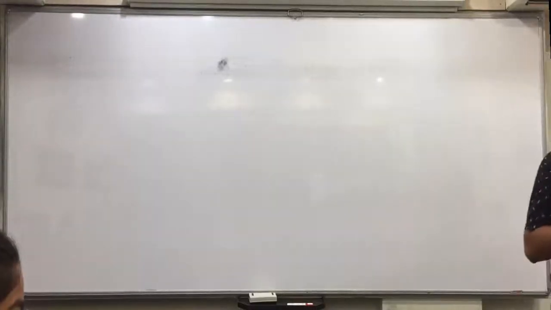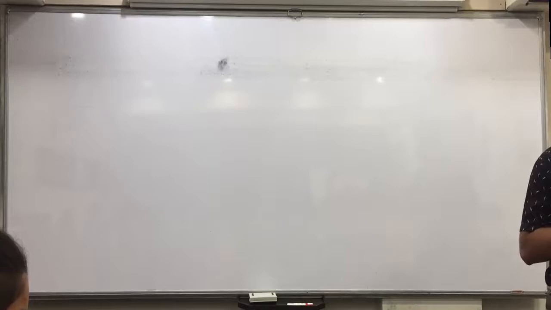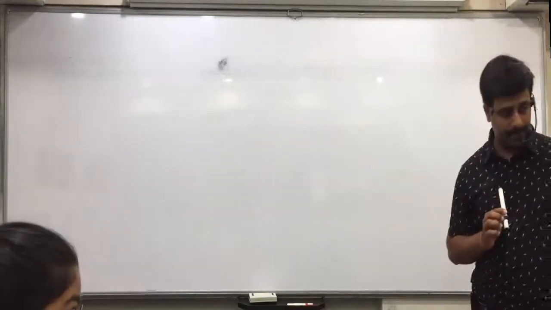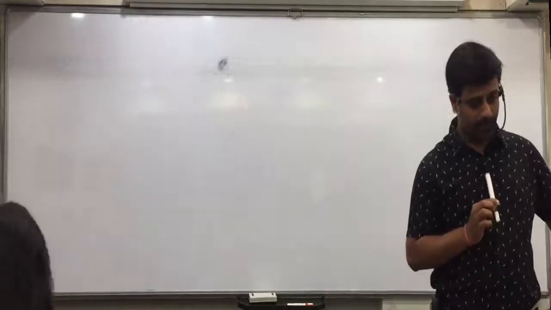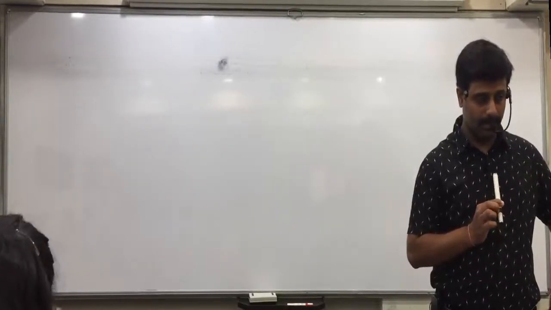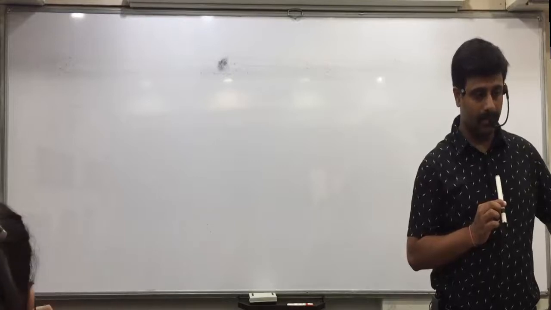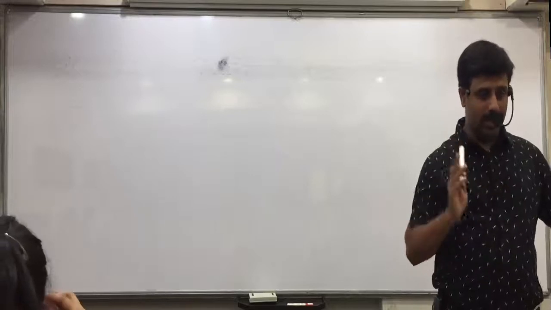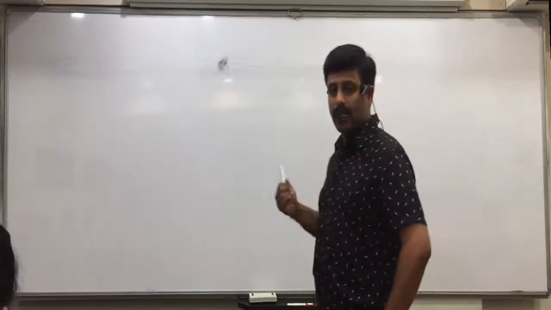r is equal to n sigma UV minus sigma U into sigma V upon root sigma U square minus sigma U whole square into root sigma V square minus sigma V whole square. Wrong. Repeat the denominator again: root n sigma U square minus (sigma U) whole square into root n sigma V square minus (sigma V) whole square, in the square root again. Okay, correct. This formula we will be doing today.